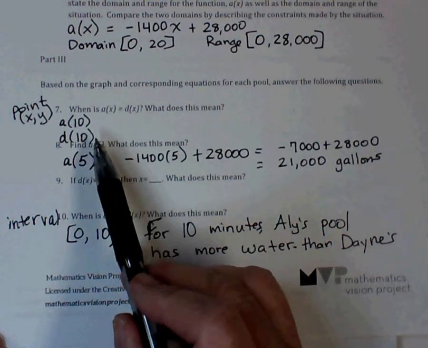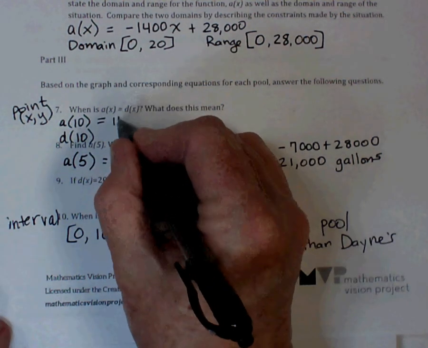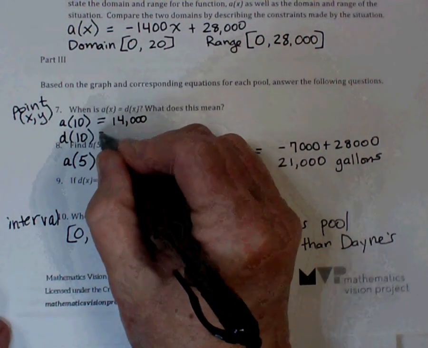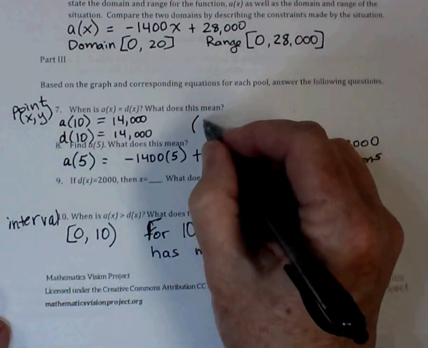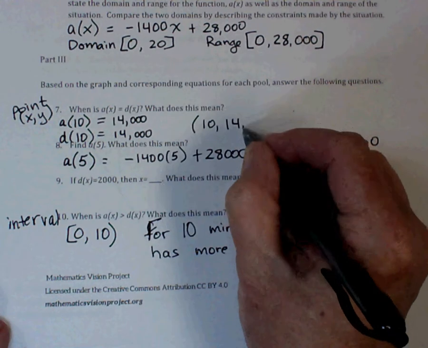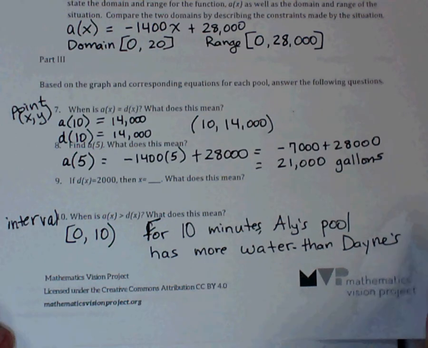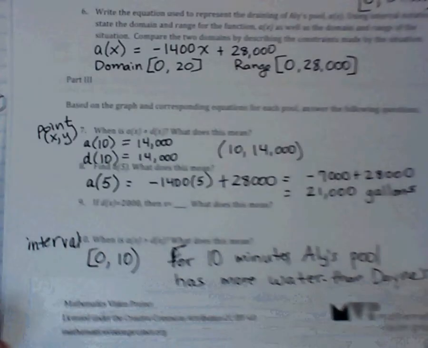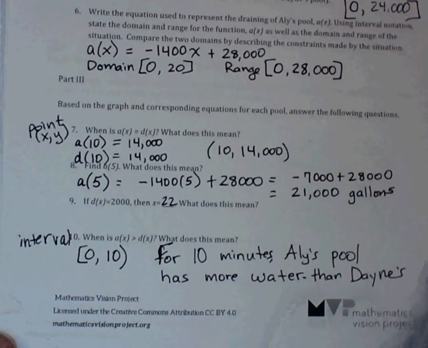Oh, I just noticed something. I never did write the point here. X is 10, Y is 14,000. Sorry about that. That was incomplete work. And let's just throw that in, 22 minutes. Okay,